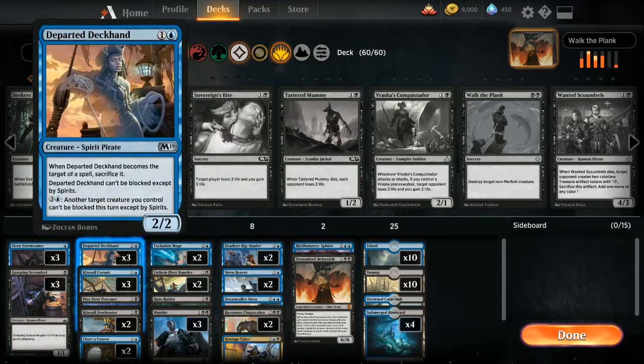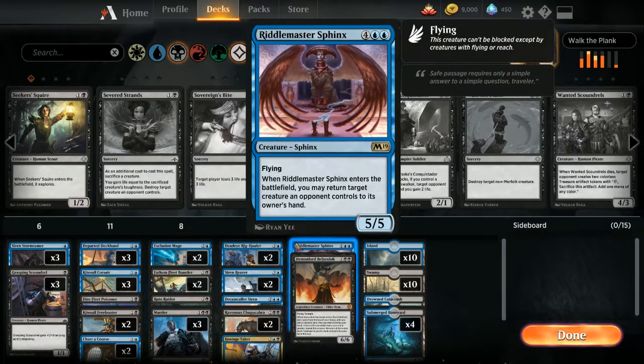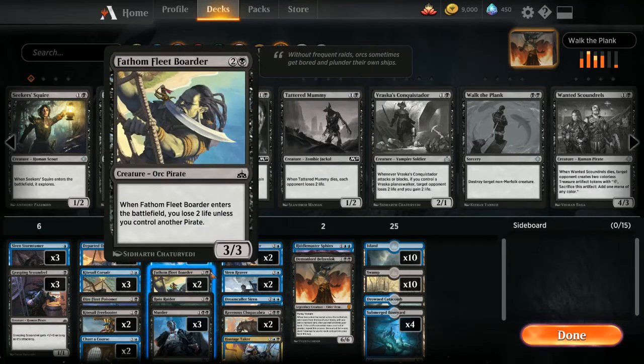What it does is it enables your attacks to get through. Basically, you put your opponent in a position where even if they do get to the late game, they're still under pressure. Fathom Fleet Border. This one's just extra muscle, but